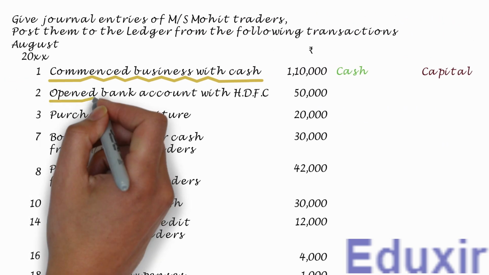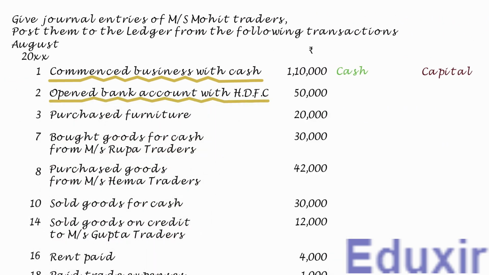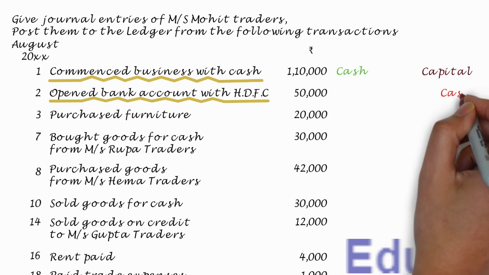In this transaction, the business has opened a bank account with HDFC. When the business opens an account in the bank, it has to deposit certain amount in the bank as an initial deposit. To deposit this amount, businesses usually take the cash available with them and then deposit this cash into the bank. So, in this transaction, as the business is taking 50,000 rupees of cash available with it to deposit into the bank, the cash asset available with the business will be decreasing. The rule to record any decrease in the asset is to credit the corresponding assets account. In this case, the cash account should be credited.